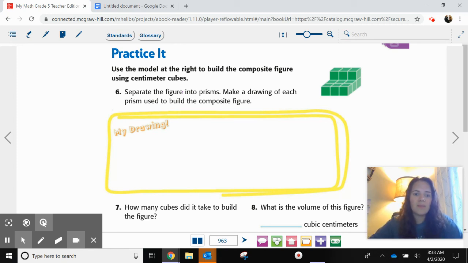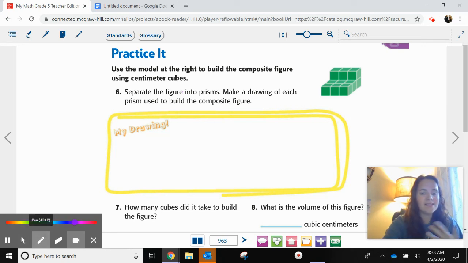So anywho, on this page, I wanted to point out that it tells you specifically, build a composite figure using centimeter cubes. Those are these. You might not have them at home, and that's okay. You might not even have anything at home that you can build with, and that's also okay. So what you're going to do is you're going to rely on your drawing. So in the My Drawing section is where you're going to just draw a very basic sketch of what the bottom layer and the top layer look like, right? So in this particular one,